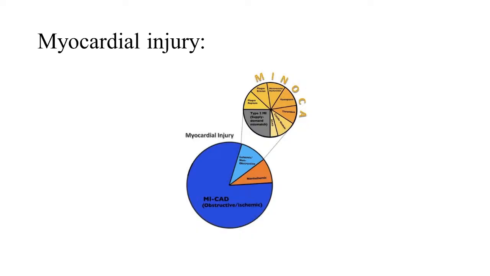There will be some small subset of patients who are not going to have this. They are not going to have an occlusion in their epicardial arteries. So there is something known as myocardial infarction with non-obstructive coronary arteries. So what happens in these patients is that when you do an angiography, there will not be an obstructive coronary artery in these patients. But still,